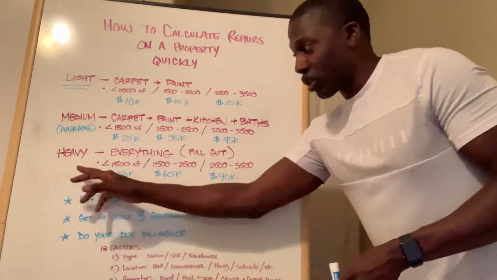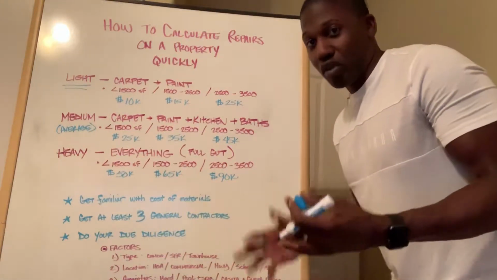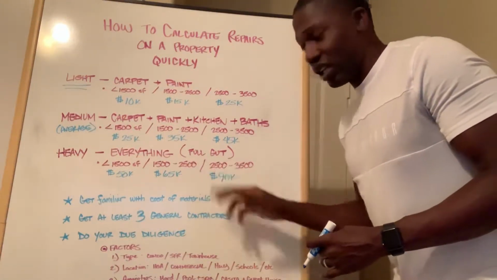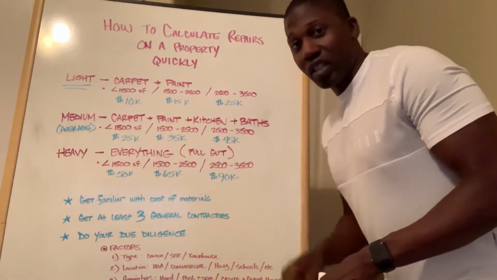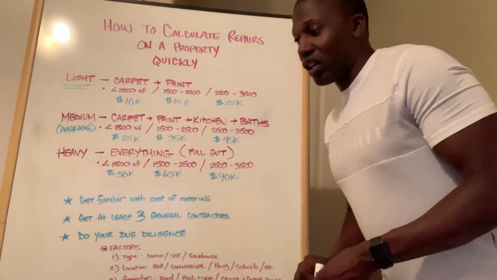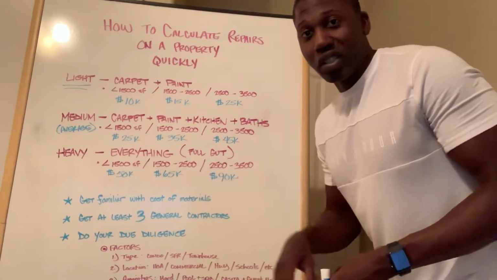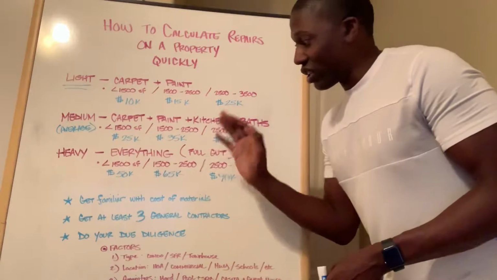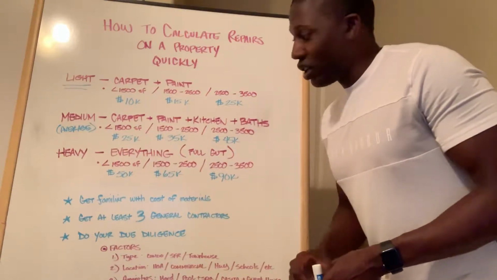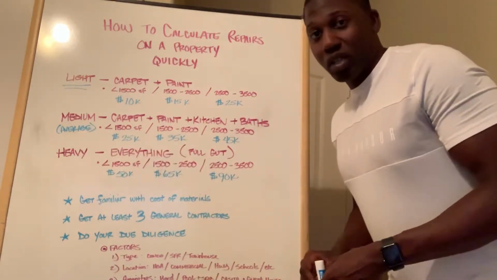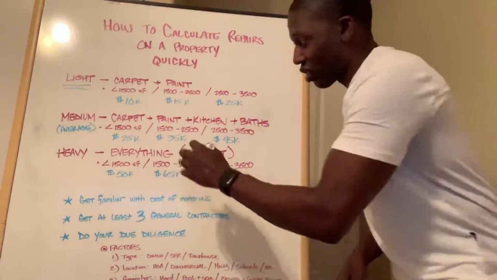category here. Then we're going to go down to heavy, which in the real estate space we call a full gut, meaning new everything. Everything is trashed, but nothing's too detrimental where you need to do a complete tear down of the property. You just need to get everything new. That way the property can get back to retail value. So that's going to be our heavy